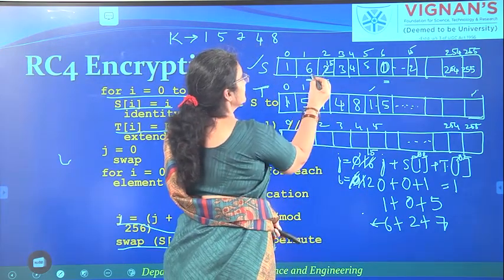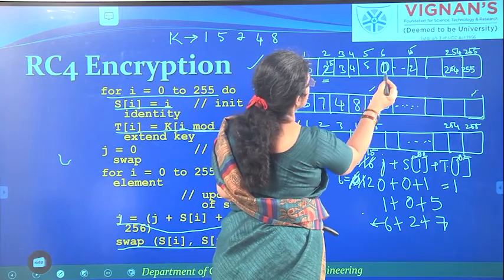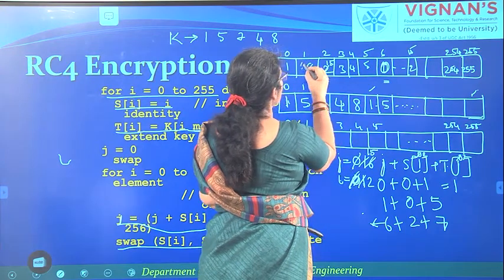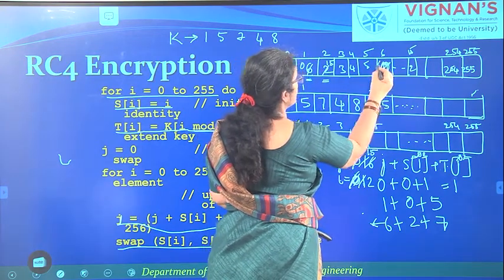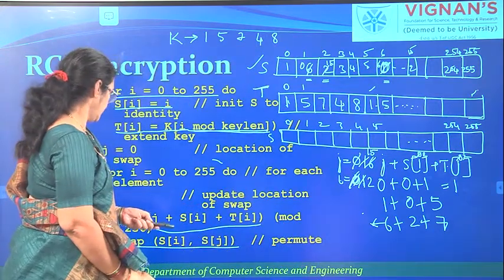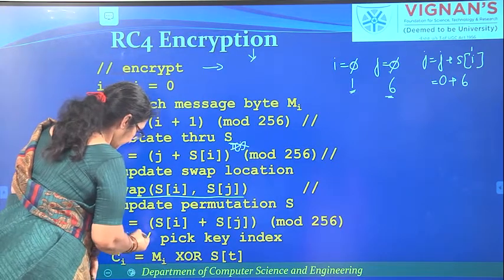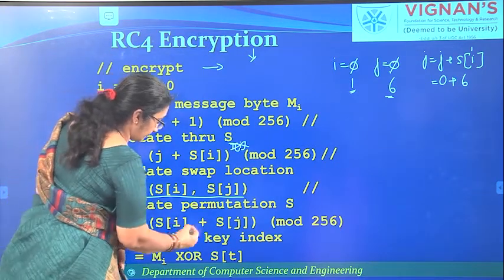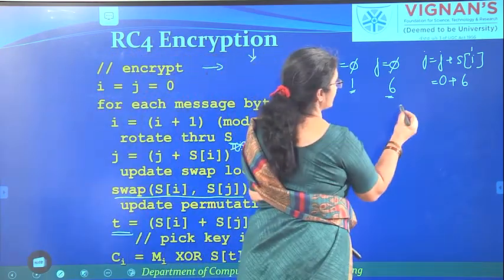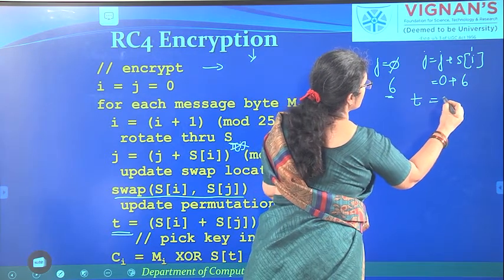In S of 1 you have 6, and in S of j it is 0. So they are telling you to swap these two values. After swapping that, we will calculate the t value. t = S of i + S of j. So what is there in S of i and S of j? You have 6 and 0 actually. So our t value became 7.